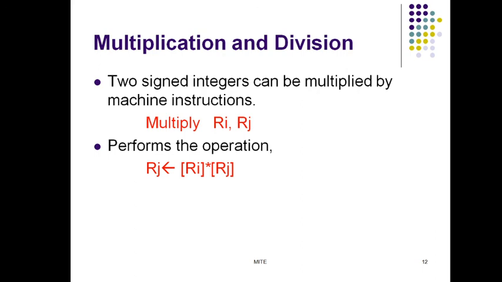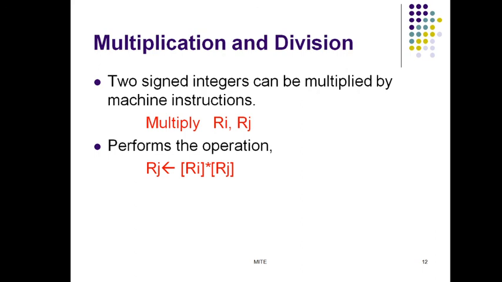The product of two n-bit numbers can be as large as 2n bits. Therefore, the answer will not necessarily fit into Rj. When we multiply two n-bit numbers, the result will obviously be as large as 2n bits, so it is not necessary to fit the result into Rj. A number of instruction sets have multiply instructions that compute the low-order n bits of the product and place them in the register Rj, as indicated.